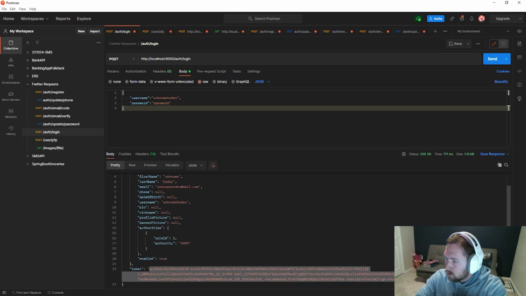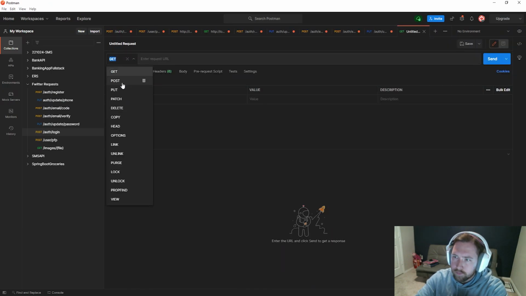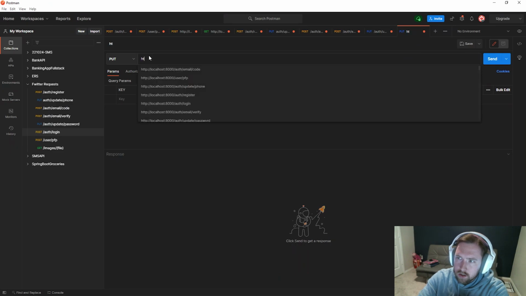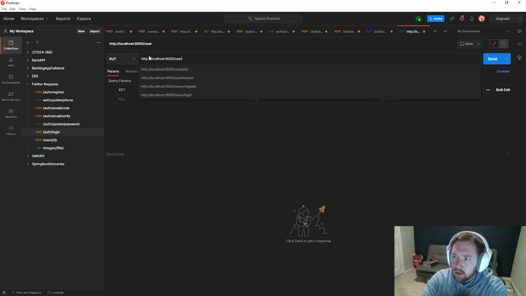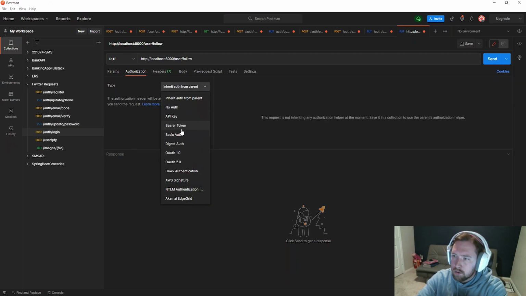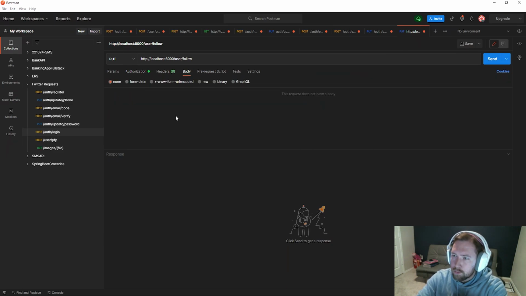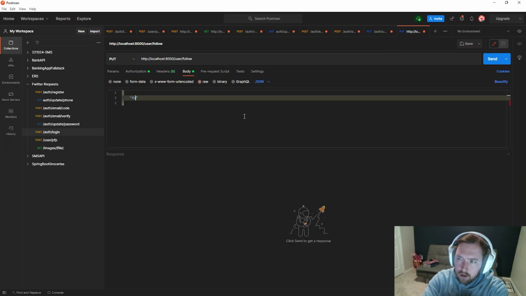Let's grab the token. Copy, and then we need a put mapping to http://localhost:8000/user/ and this is going to be follow. In the authorization, we'll need a bearer token. I haven't actually tested this, so I don't know if this is going to work. And then our body needs some raw JSON, and inside the body we need followed user is going to be